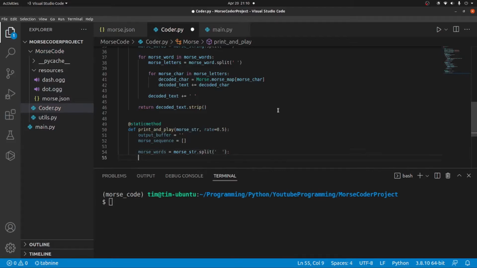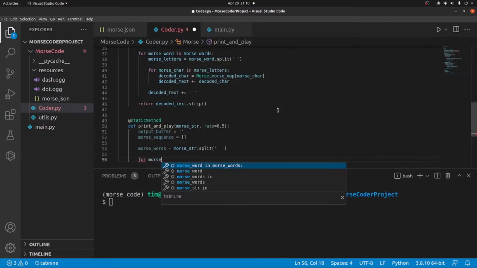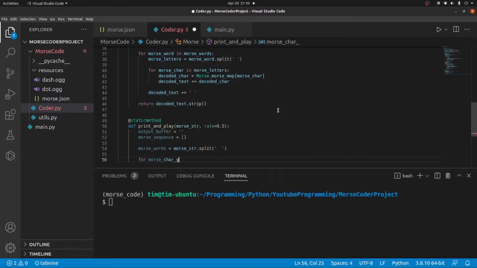And oops, we don't need that. And now we're going to say for Morse car group. Now I say car group because in this case we really want to differentiate or distinguish between a Morse code character and a Unicode character, or a dot and a dash, because otherwise things will get a little bit confusing later on. So for Morse car group in